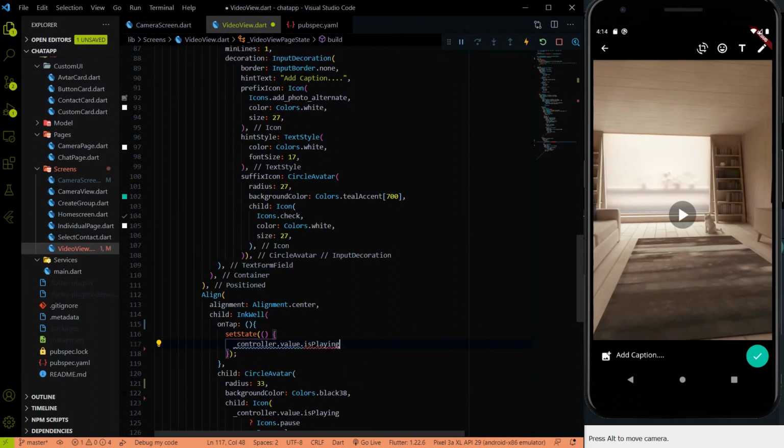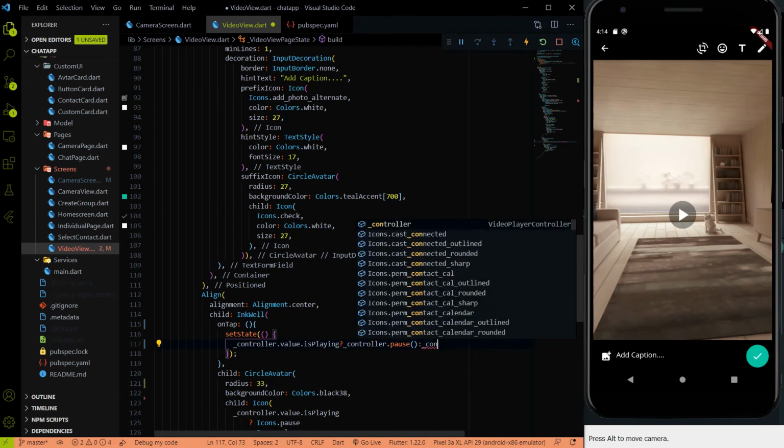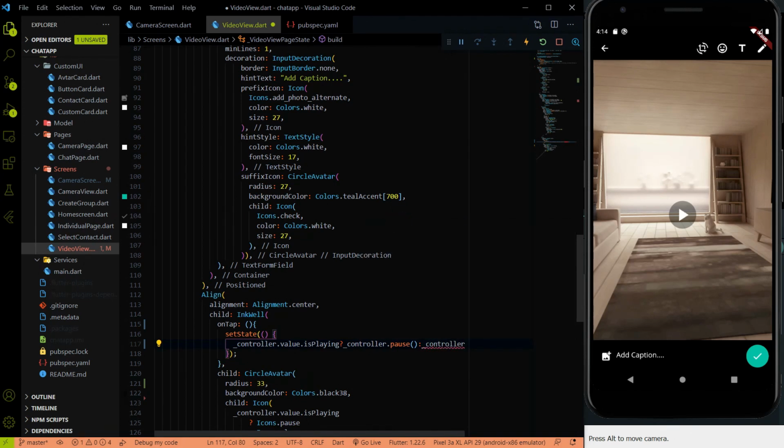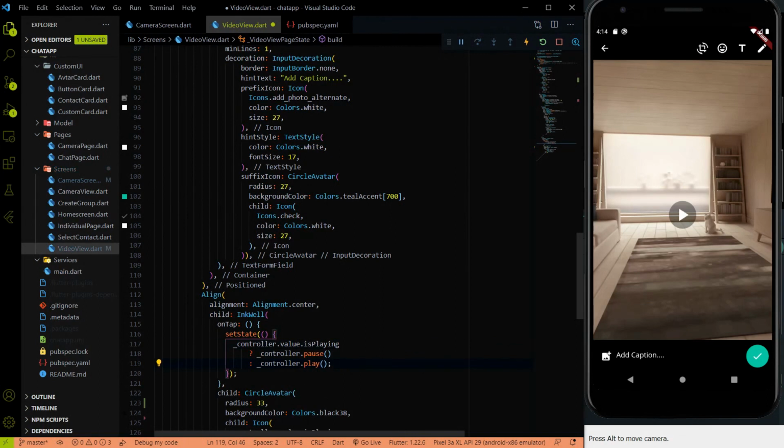So if the video is playing, which means we have to pause it if someone clicks on this button. So how can we pause it? We can pause with the help of the controller only, controller.pause. If the video is not playing, we have to play the video with the help of the controller.play. Okay, so all the logic is written here.